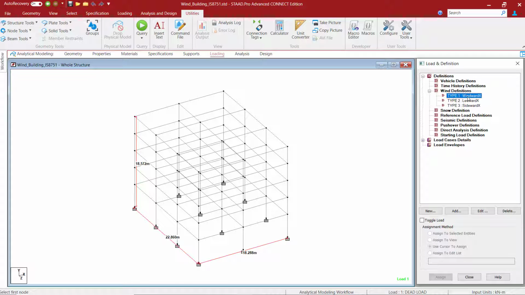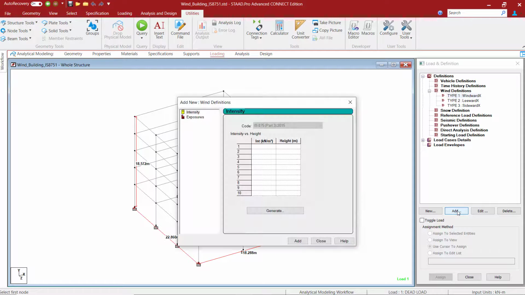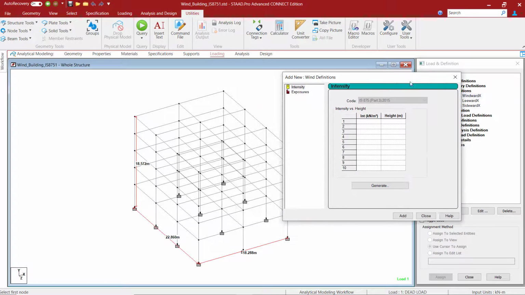So let's select the first option here, the windward face, and say add. And here the code has already been selected by the program. Here you also have an option to enter the height versus intensity values in here. So if you do not want to use the load generator in STAAD.Pro, you can directly enter the values here. Otherwise, you can click on generate and enter the parameters and let the program compute the height versus intensity table